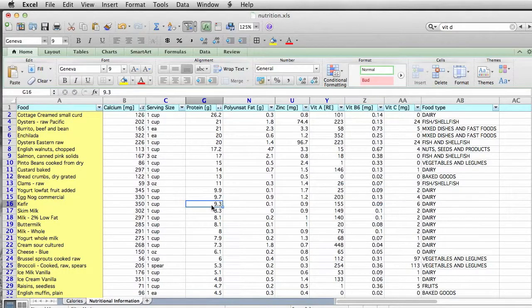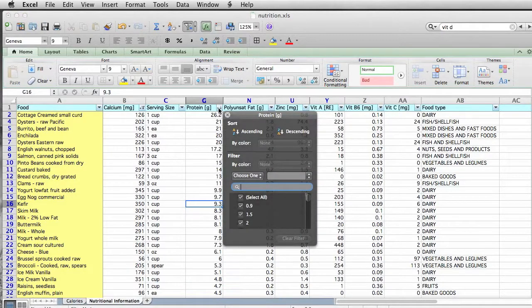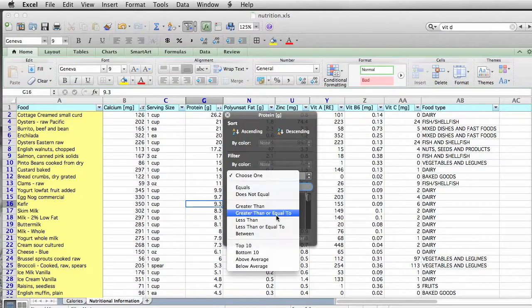We're going to say we want those foods which also have protein concentration greater than or equal to 9.3, which is the value for our 15th entry here. So we'd also like ones that are greater than or equal to 9.3